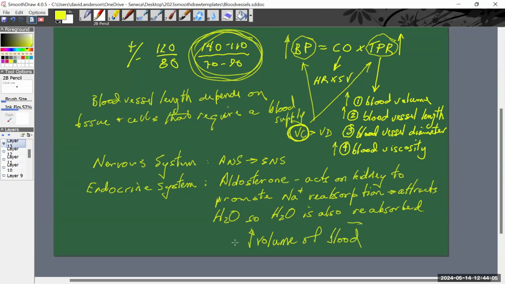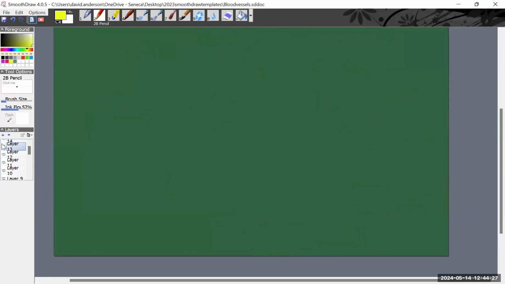And if we increase blood volume, that represents an increase in total peripheral resistance. That's going to contribute to the regulation of blood pressure. Does that make sense? Yes. Okay,